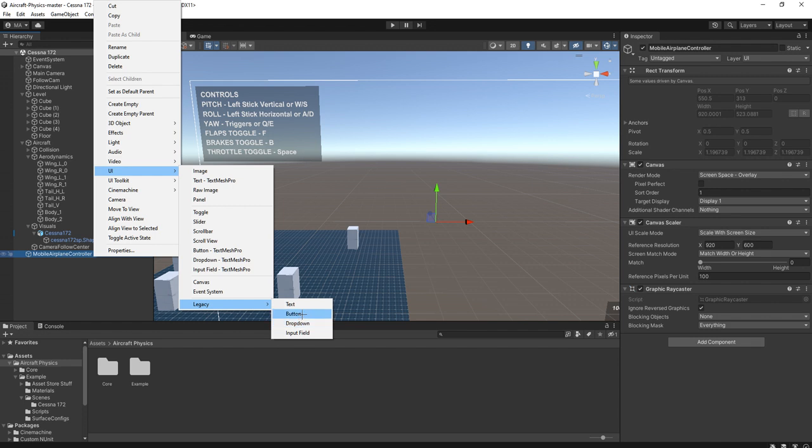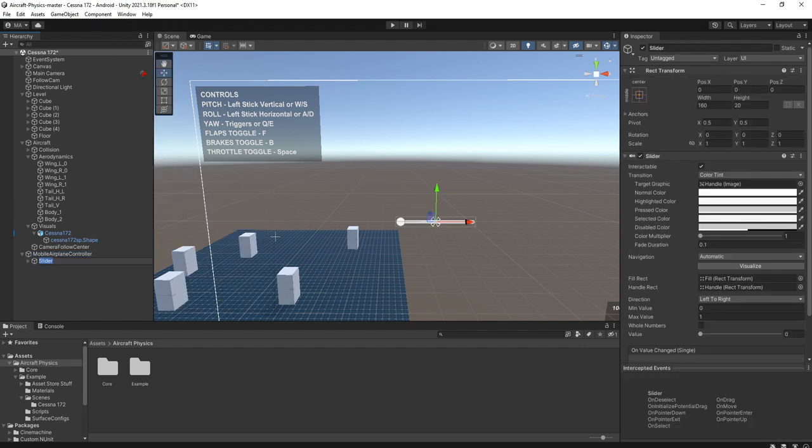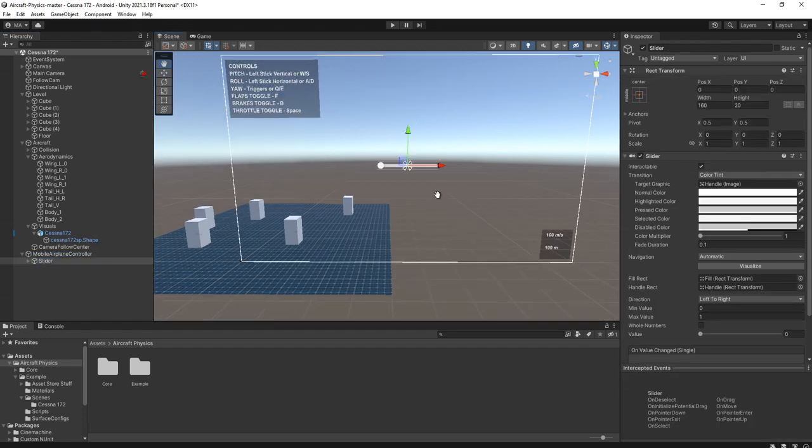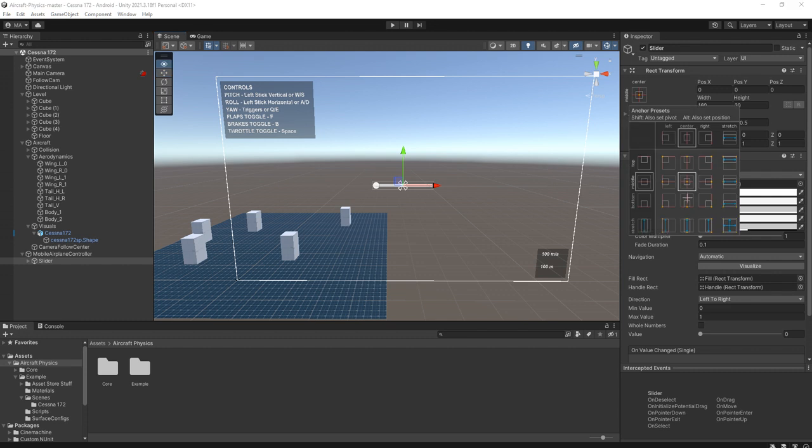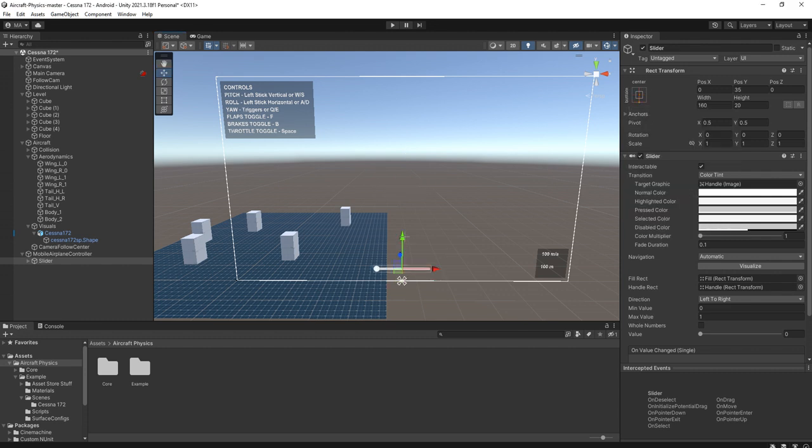What if I use a slider UI instead of a button? Let me use this slider as the throttle slider. I think it is better than a button. I will place it here at the bottom of the screen,